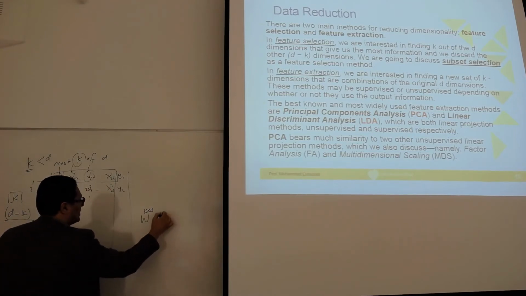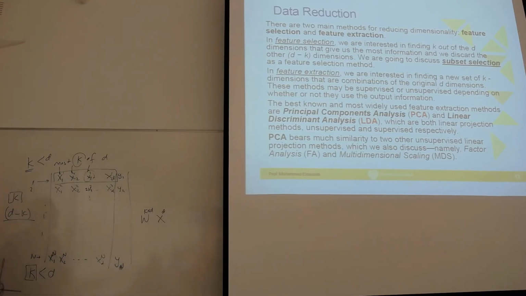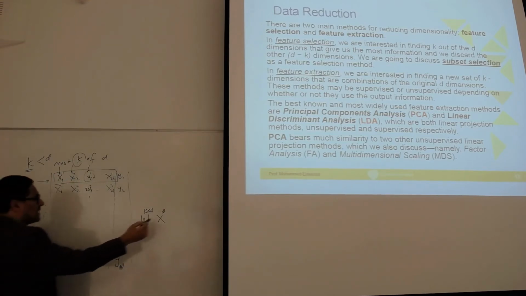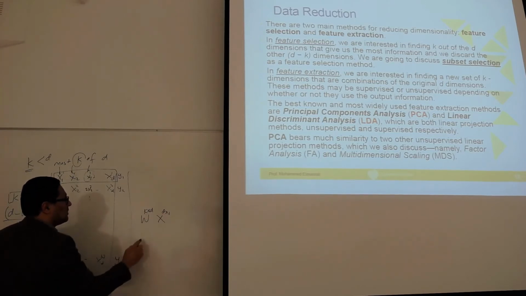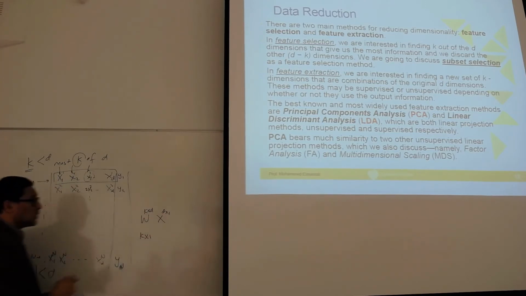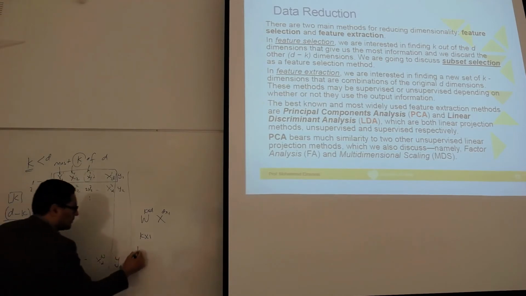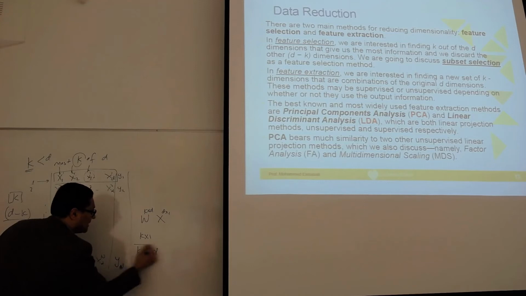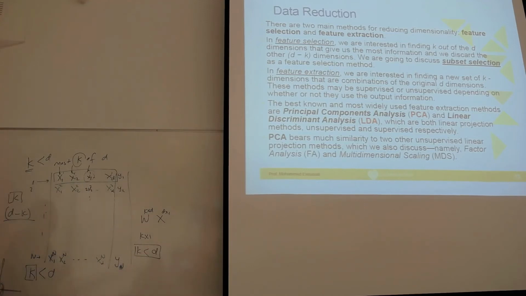This is X, it is a vector of dimension D, so it is D by 1. When you multiply them, you will get a new vector with K dimensions. This K, which should be smaller than D, is at the same time a linear combination of those inputs, where we can reduce the data size in that sense. So this is called feature extraction. It is the principal component analysis, actually, that we will describe today.